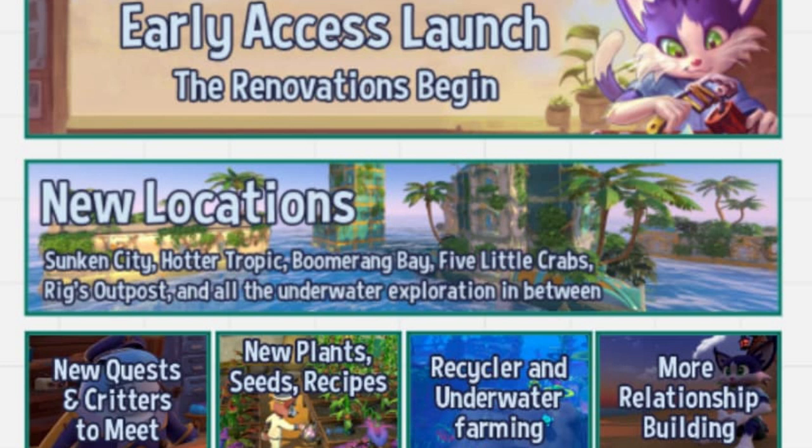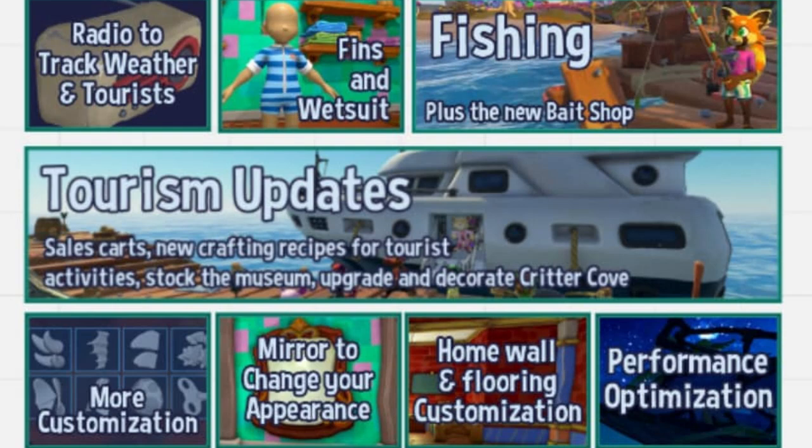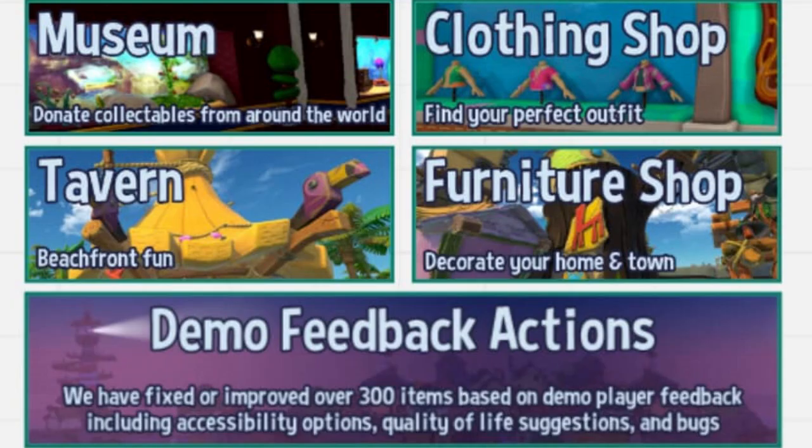So it's talking about the new locations that I've already mentioned, the new quests and critters, the new plants and seed recipes, a recycler and underwater farming, more relationship building expected, radio to track weather and tourists, fins and wetsuit, fishing plus a new bait shop, tourism updates, sale carts, new crafting recipes for tourists, activities, stock, the museum, upgrade and decor Critter Cove, more customization, mirror and change your appearance, home wall and flooring customization, performance optimization,